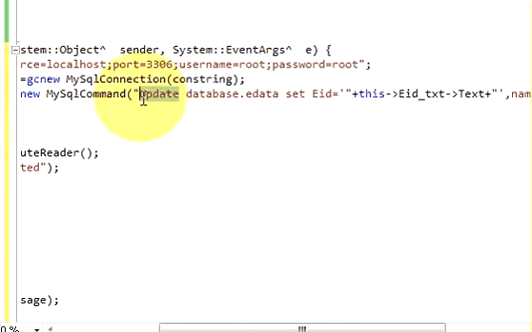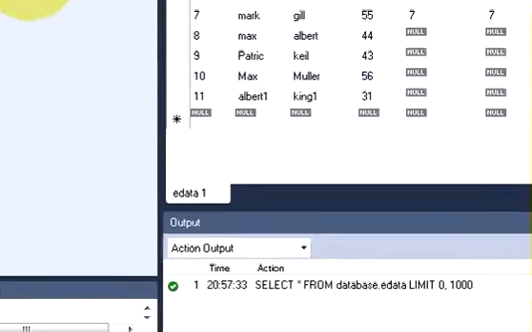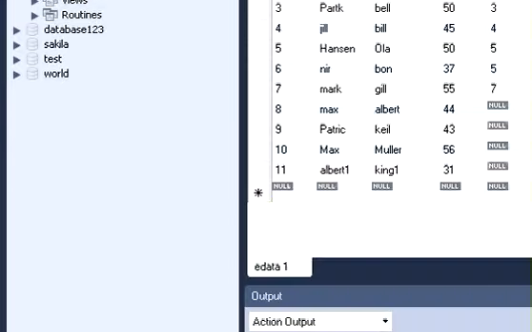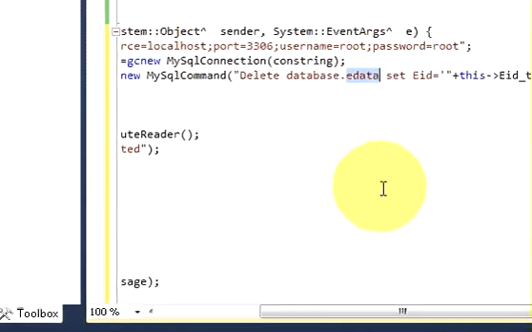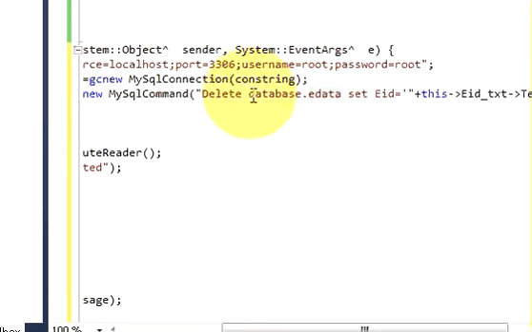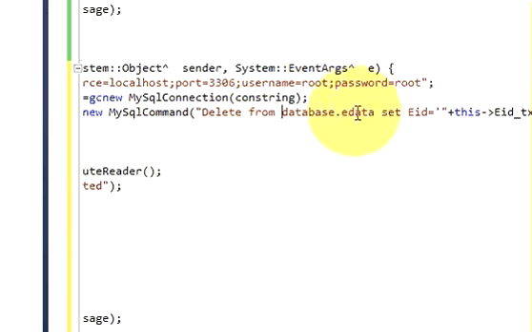So I will start from here, write delete from your database dot your table name, which is this database and this table, database name and table name, and then in between here: delete from database dot edata